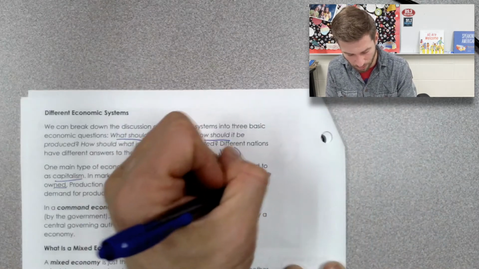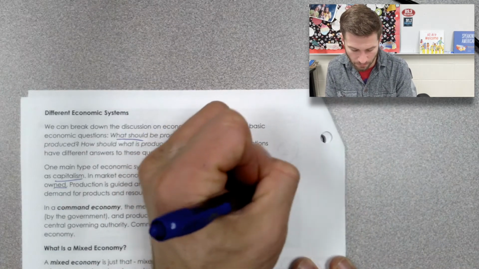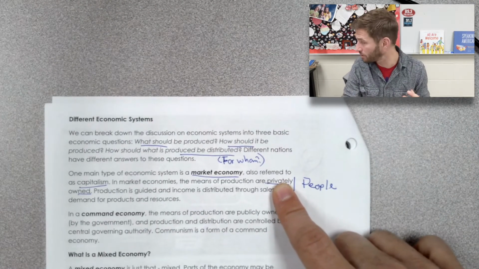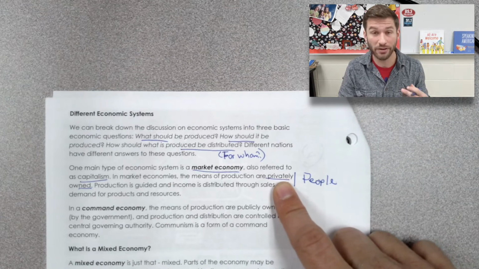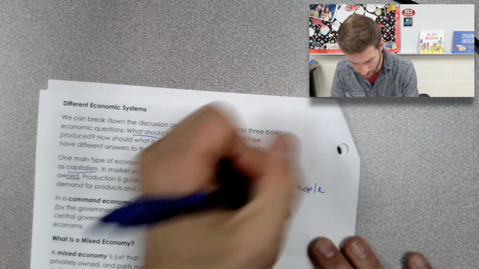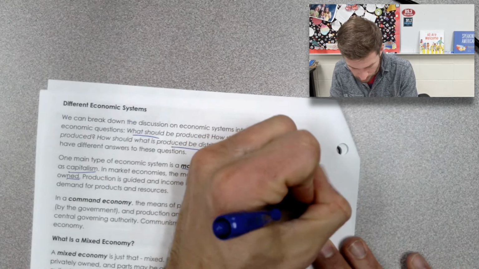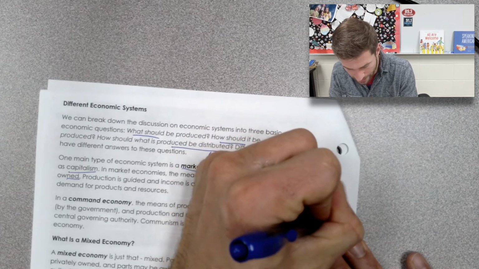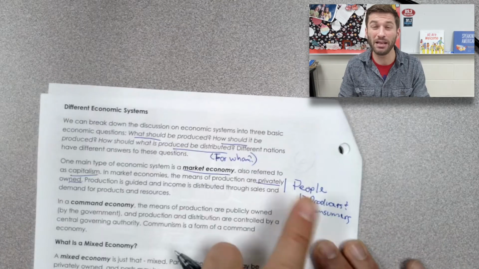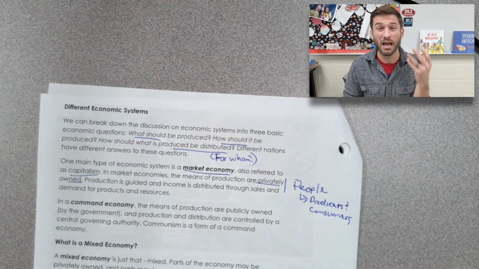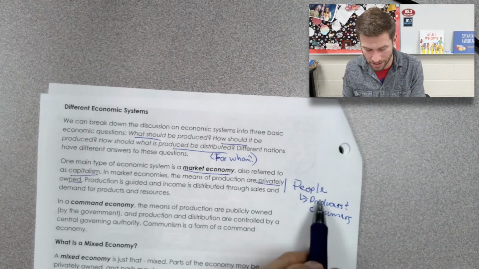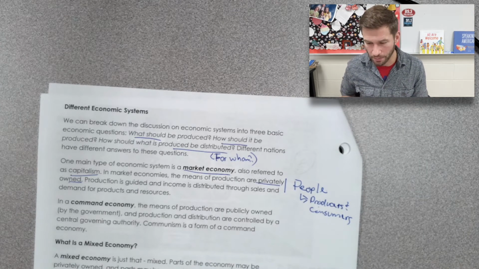And in this case, when we see privately owned, we're talking about people, right? When we talk about private, we're talking about people. That is, individuals own the businesses. Individuals make most of the choices, producers and consumers. And this gets confusing because privately means people. Privately literally means you and I, individuals. We own things. We own businesses. We own corporations. We decide what to produce. We decide what to purchase.